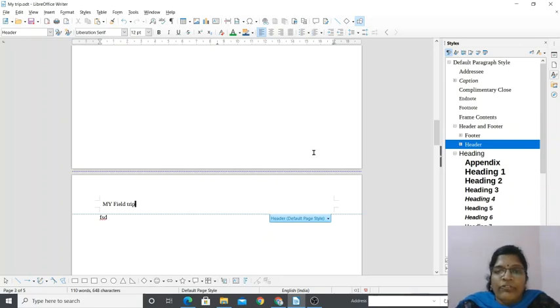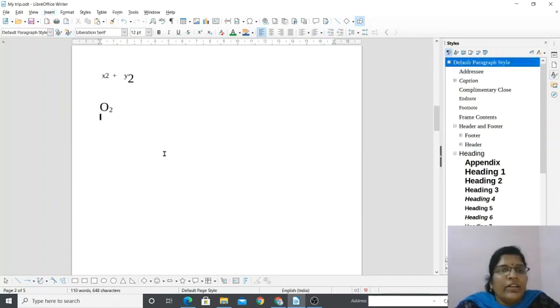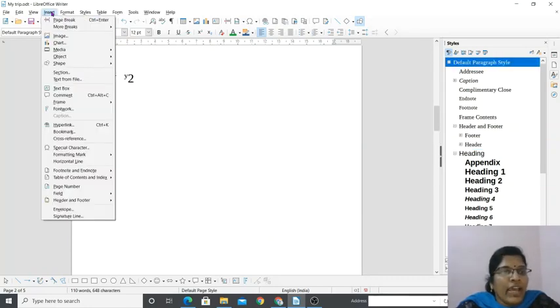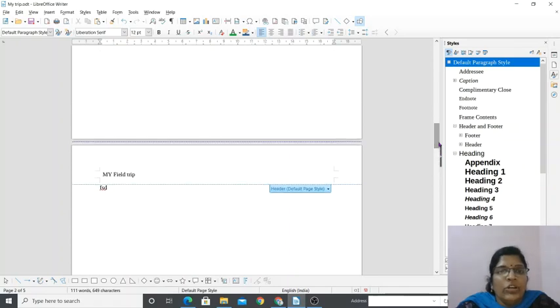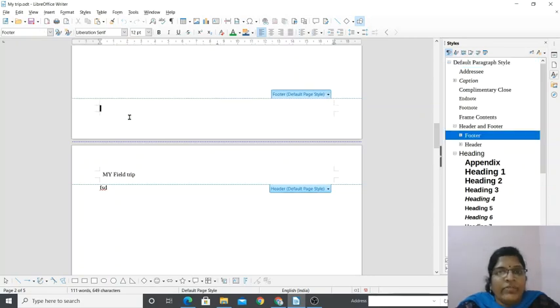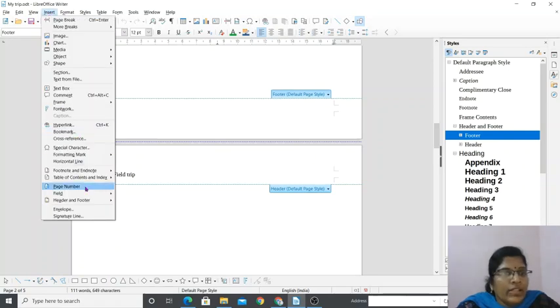And if you look at the footer, this is the previous page, at the bottom right, double click, and you can see the footer. Here you can insert a page number. So how to insert a page number? Click inside, then go to the Insert tab, Page Number. It is inserted here, but actually you have to do it in the footer area. Or you can just click here on the plus symbol, and you can see the cursor here, then go to Insert Page Number.